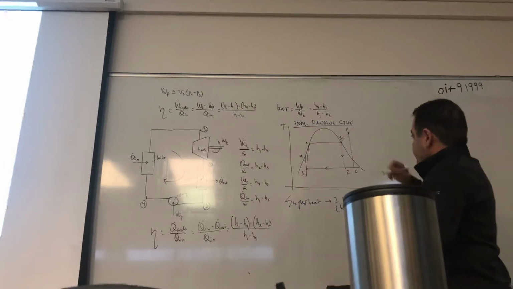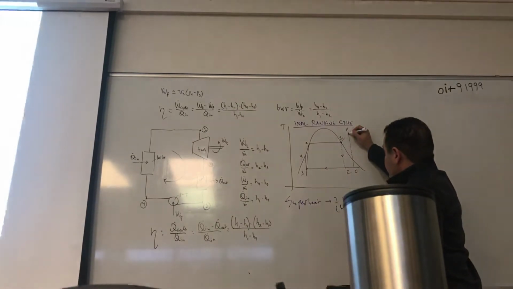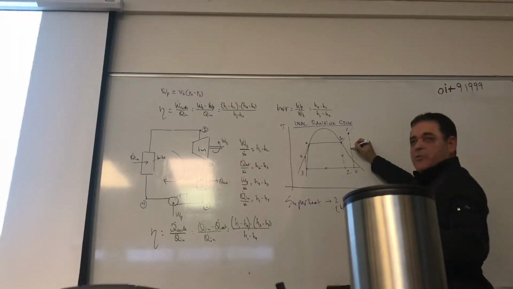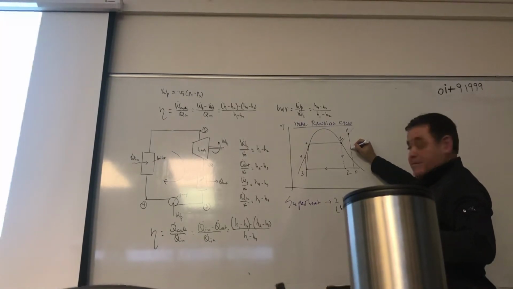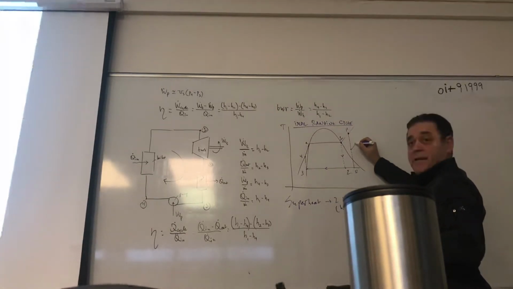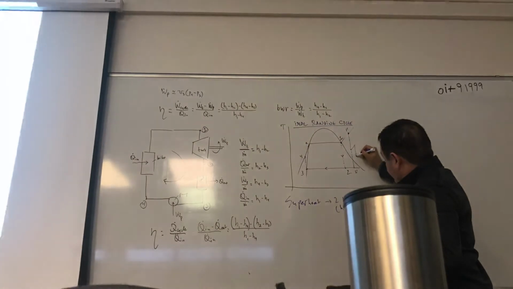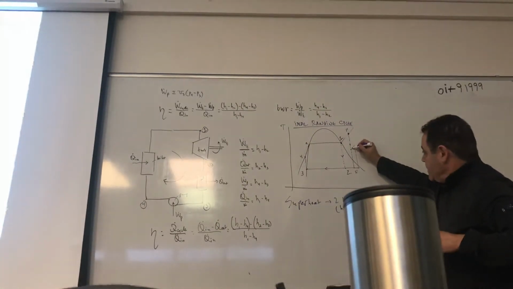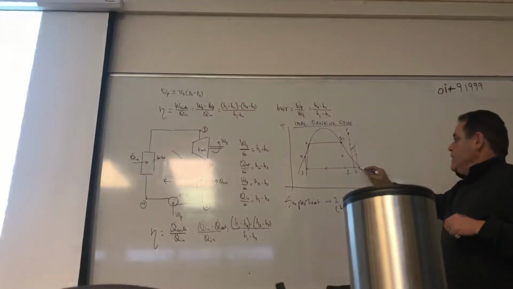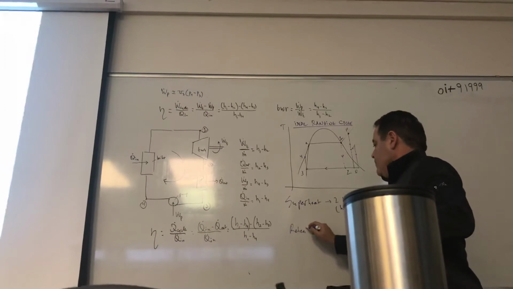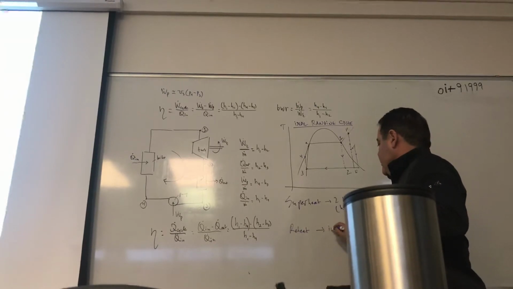In the reheat, you come down to some intermediate pressure, and then you reheat, and then you fall again like this. The main purpose of the reheat is to increase